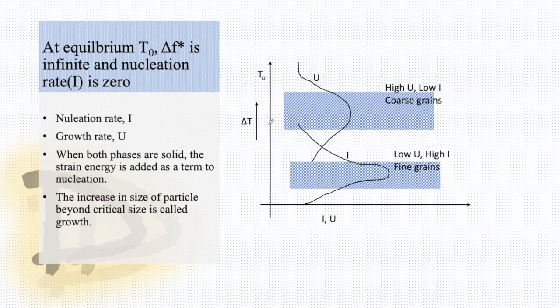At equilibrium temperature T naught, del F is infinite and nucleation rate is zero. We'll elaborate this statement with another graph between the change in temperature and I and U. I stands for nucleation rate and U stands for the growth rate. So when there is a change in temperature, for the initial change,